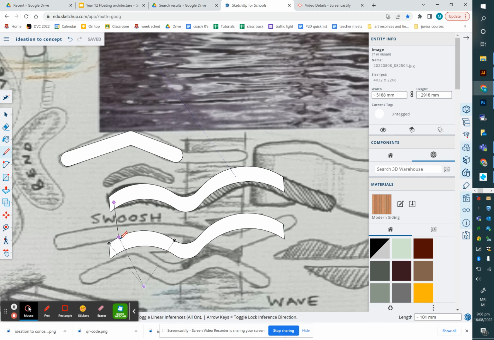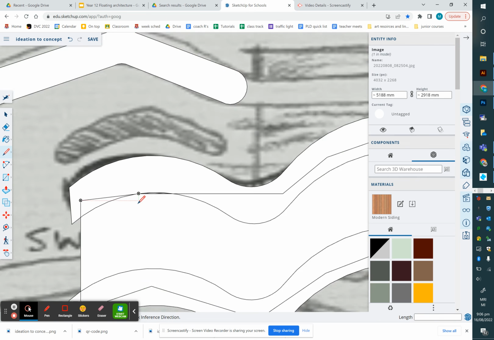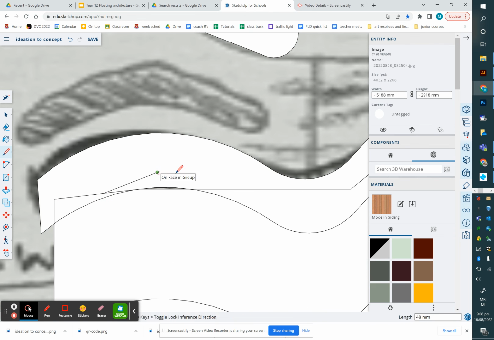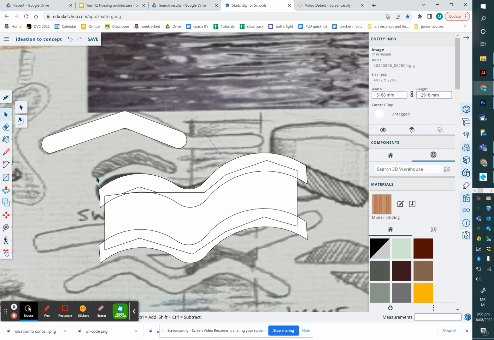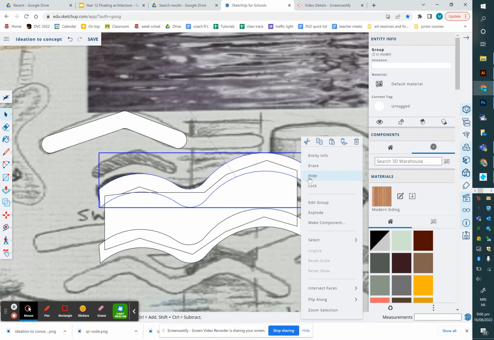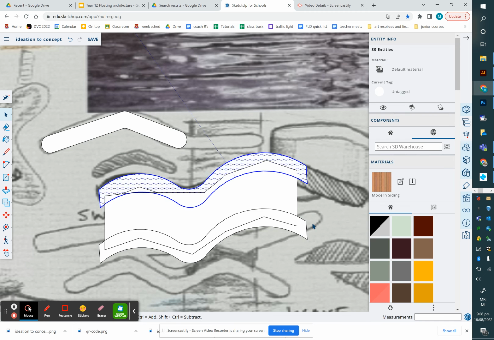I could do a couple of random lines there, and I could just kind of go like that. Right, and join that up. That didn't quite join, so I'll just go with that. Right, like that. And then I can actually select both this one, right click, and I could just explode that,